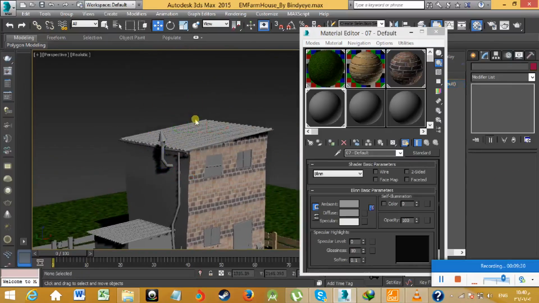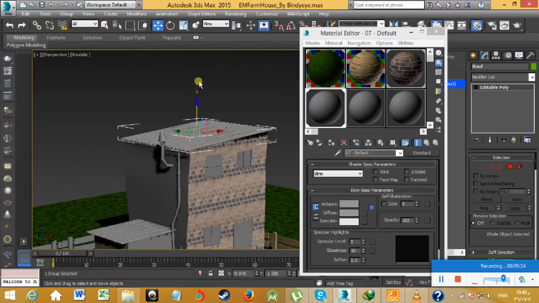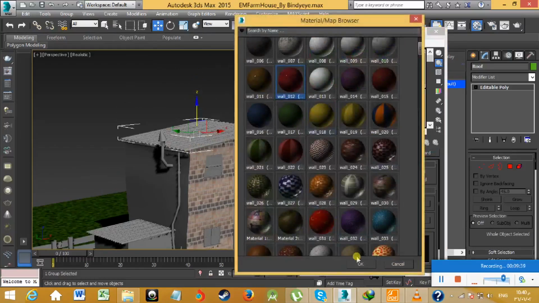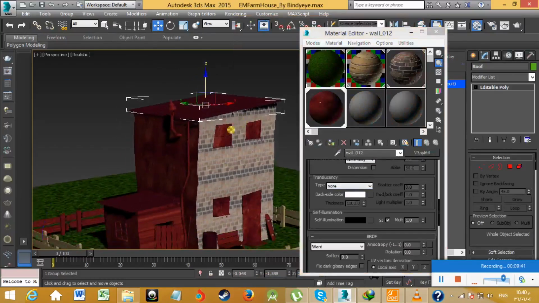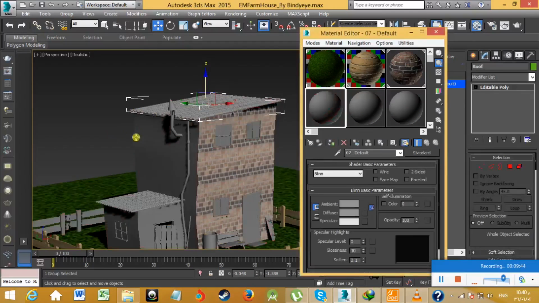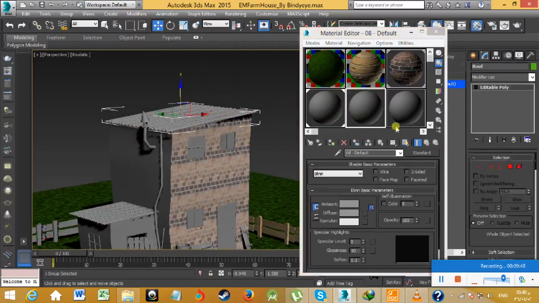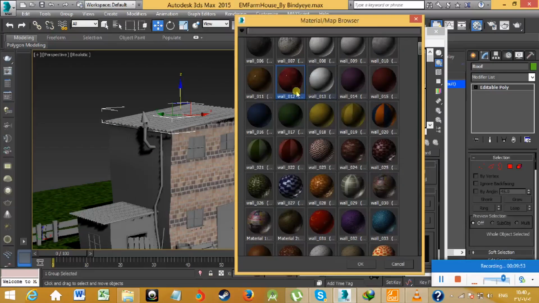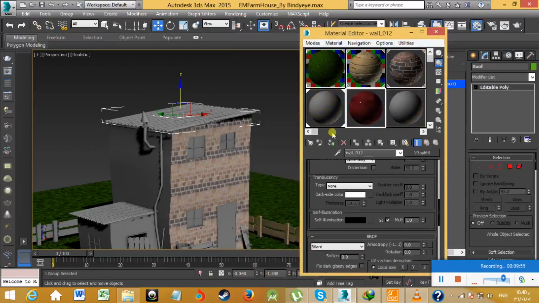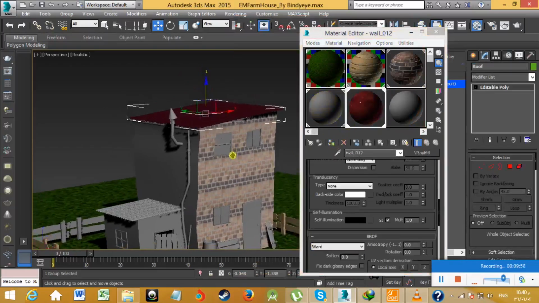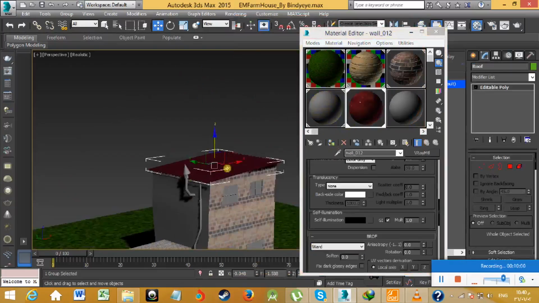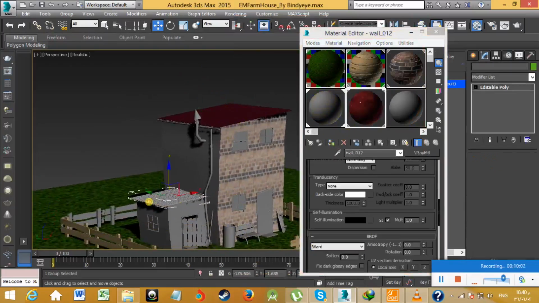For example, select one by one, and then apply. Go to select that material. Okay, it's just not looking good. Maybe I have applied the same material on another one, that's why. So I go to the other empty slot, and then I try to apply the material on it. So here it looks pretty cool now. And then the other one also the same,